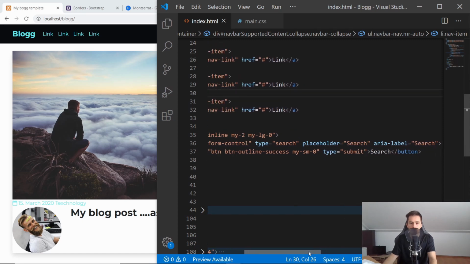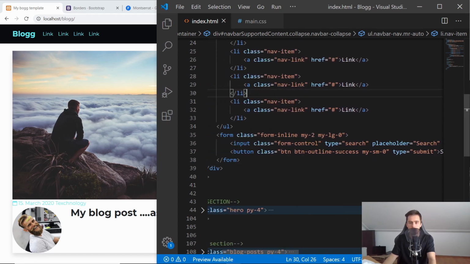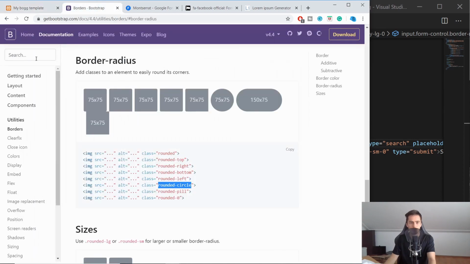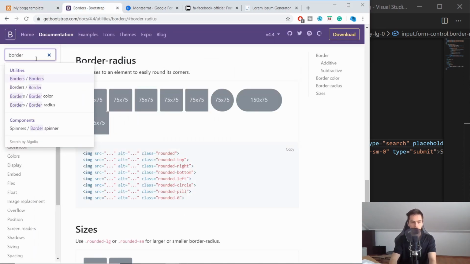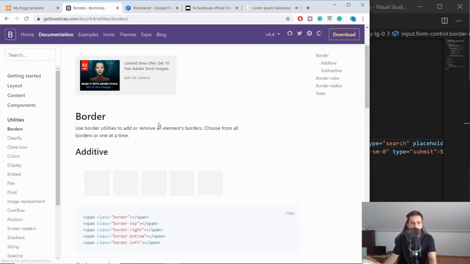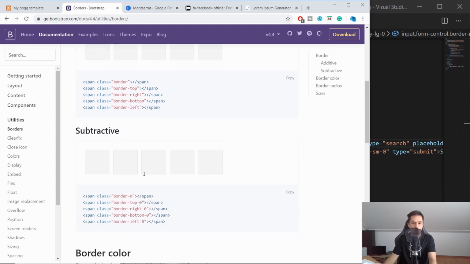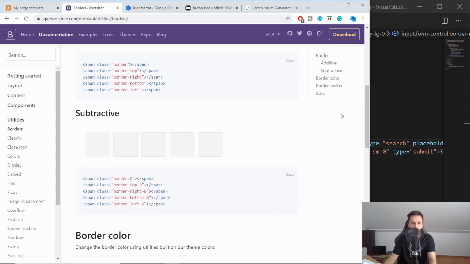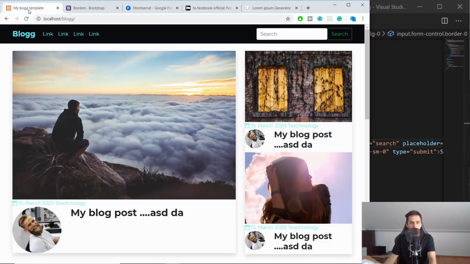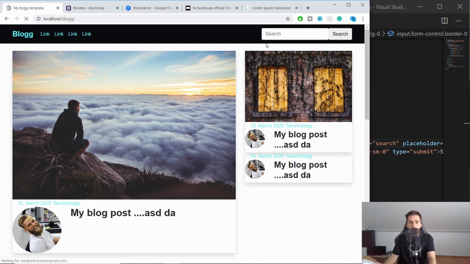We don't want the border, right? So let's just add border none. And I'm not sure whether it would work like this, border none. Let's see if I reload this thing. I'm not sure actually. So let's just go ahead and check the Bootstrap documentation. And if we go border top left, but I don't want any. Okay, so border 0. So border 0. Okay, and this should remove the border